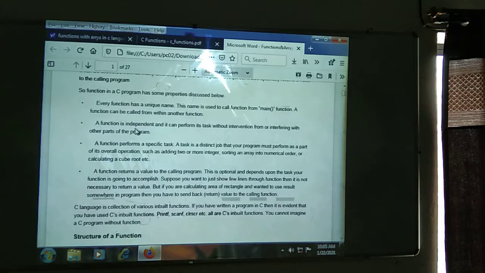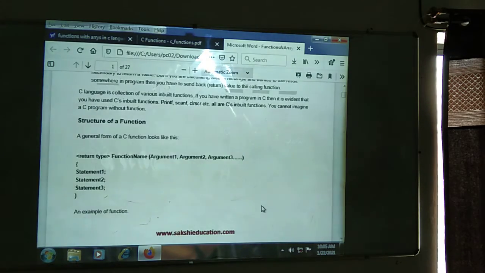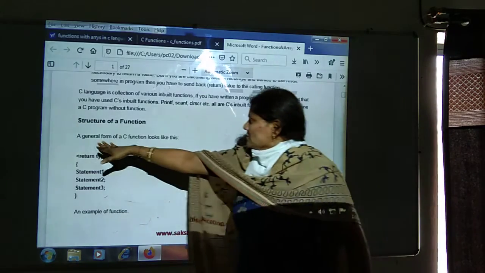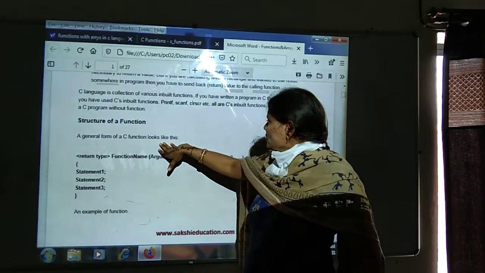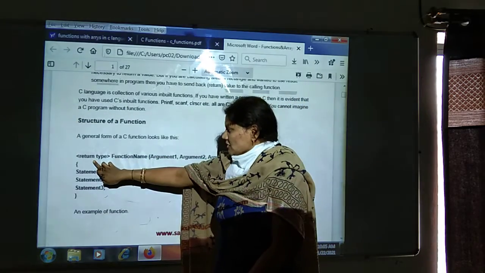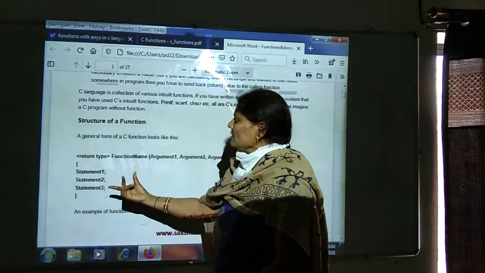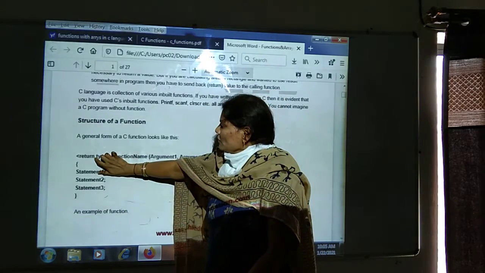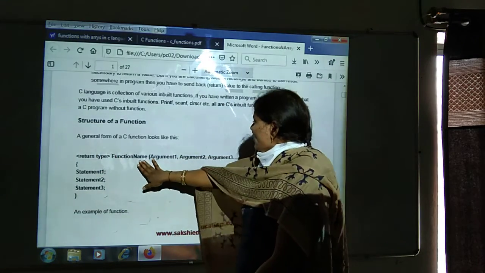Next, we can see the structure of a function. Whenever we are going to be creating a function, we have some structure. What is the function structure? The general form of a C function looks like this. First, the return type we need to specify, whenever we are going to be returning a value. Then the function name.